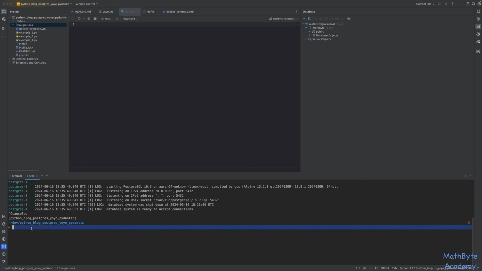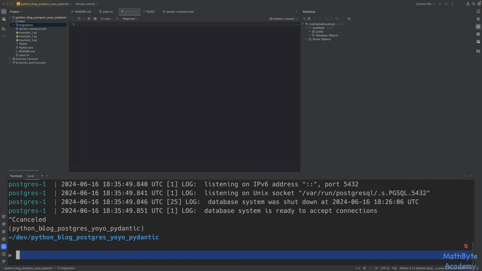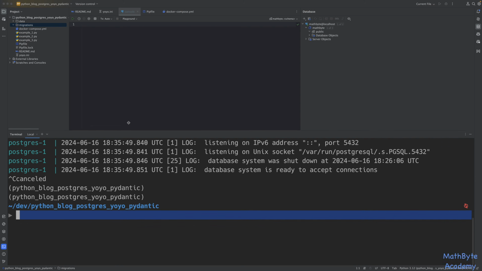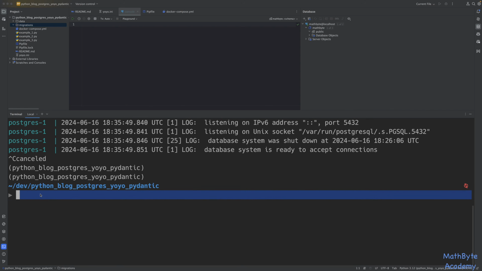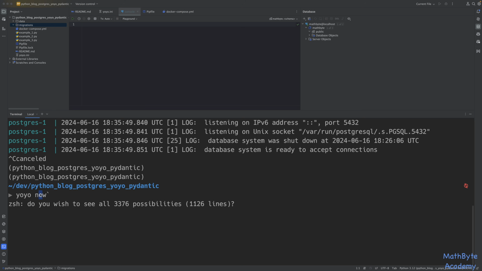So I'm going to type, and let me make that a little bit bigger. I'm going to type and say yoyo new. So I'm creating a new migration. Okay, new. I'm going to use the -m, and this is going to allow me to give a meaningful name to the